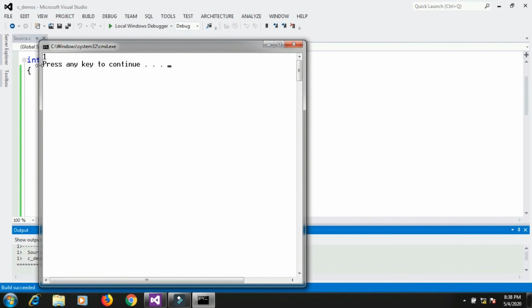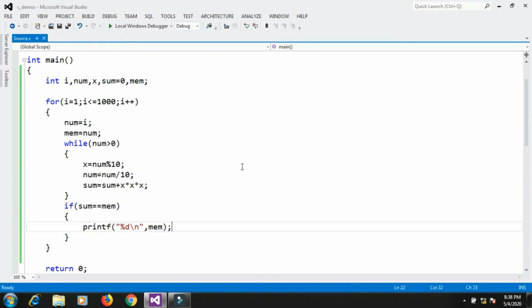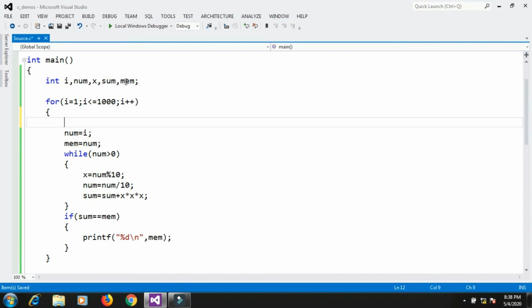It is printing 1. It is not printing all the numbers. It is printing only the first Armstrong number, which is 1. So something is wrong here. What is the wrong thing? Here I have initialized the sum variable to 0 at the beginning, but that sum value should reset to 0 for each number.